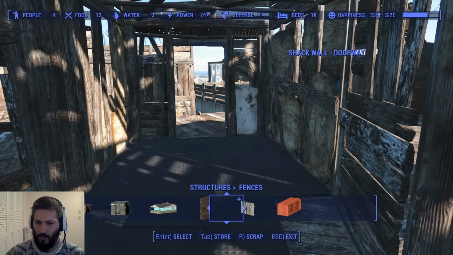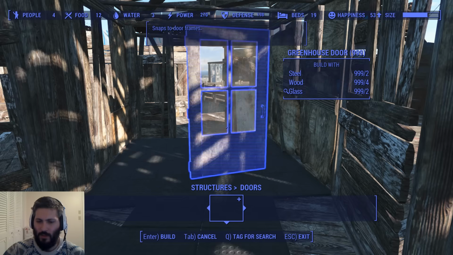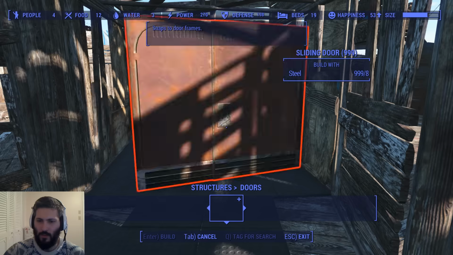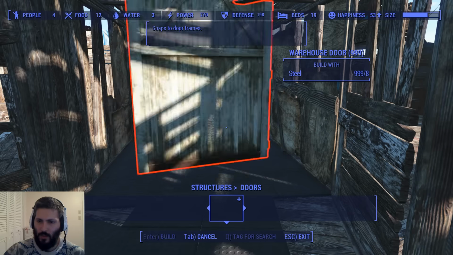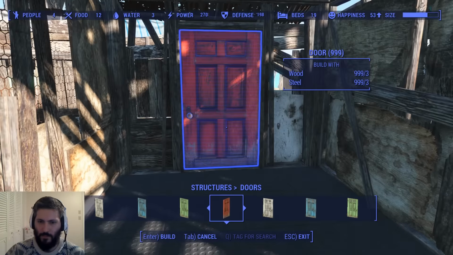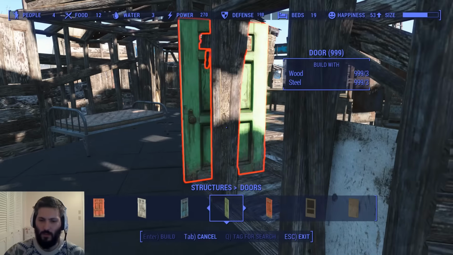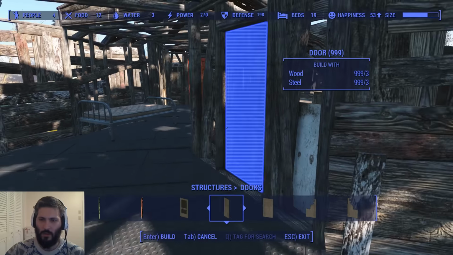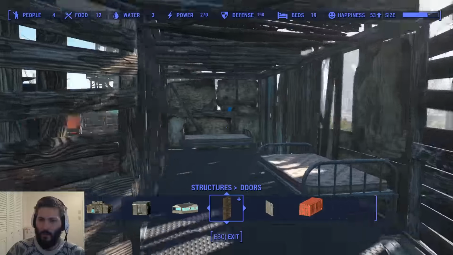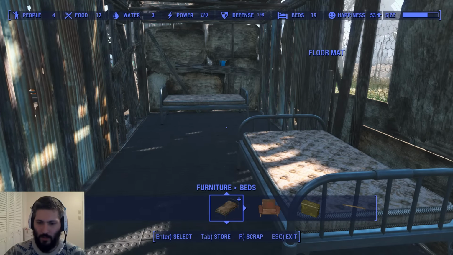Let's go ahead and give ourselves some doors, and we don't need fancy security doors or anything like that. We're just going to go with the regular doors. I just want to get down to the part that's not the mods. There's so many modded doors, and I'm sure they're all great, but just go with the regular old door. Cool. Alright, so that's pretty much going to be that. Let's go ahead and give ourselves...